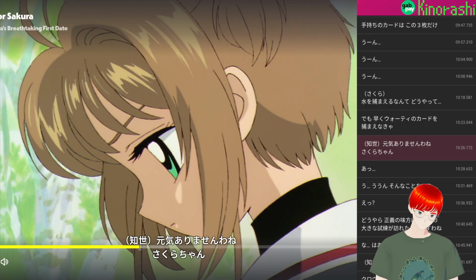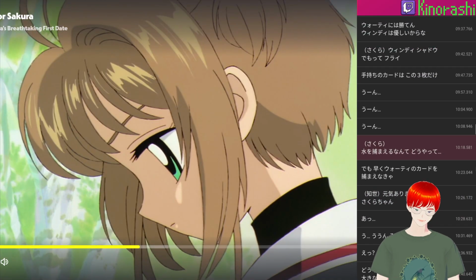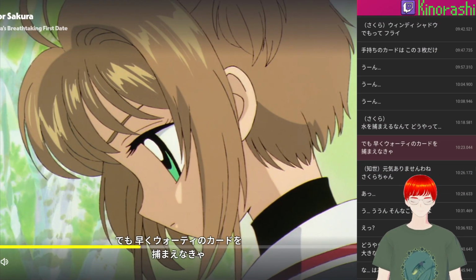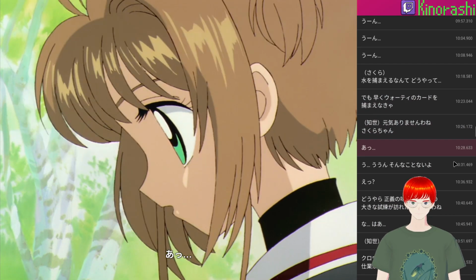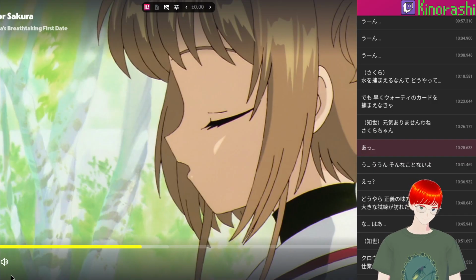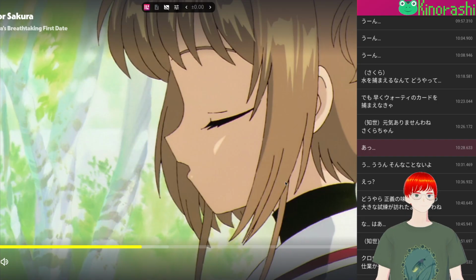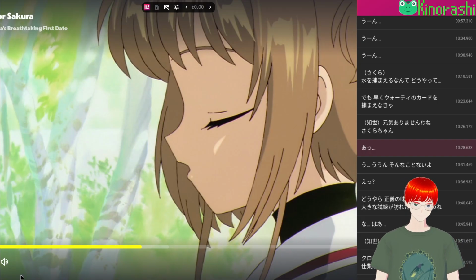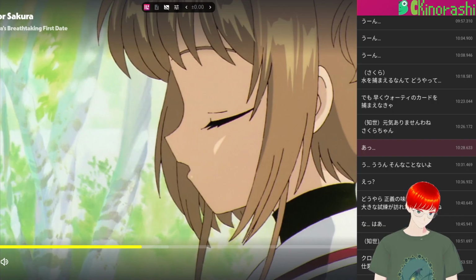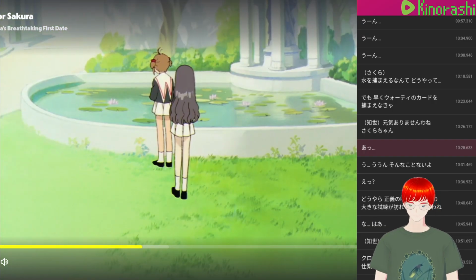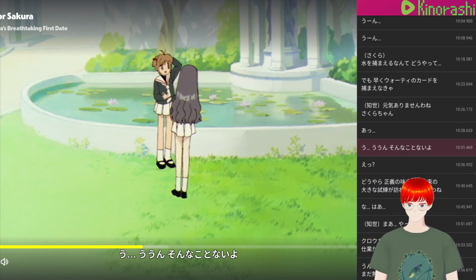ありませんわね、さくらちゃん。でも早くウォーティーのカードを捕まえなきゃ。元気ありませんわね、さくらちゃん。そんなことないや。